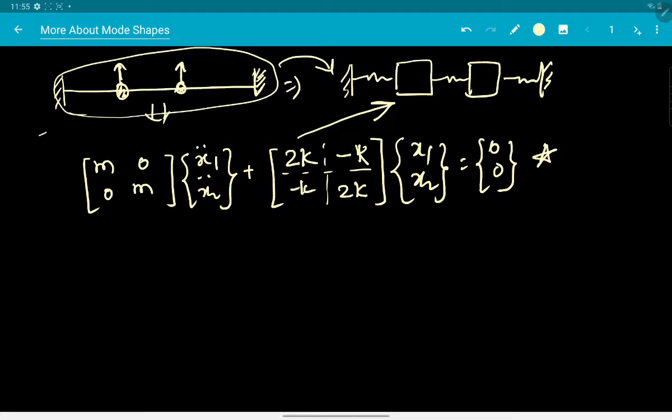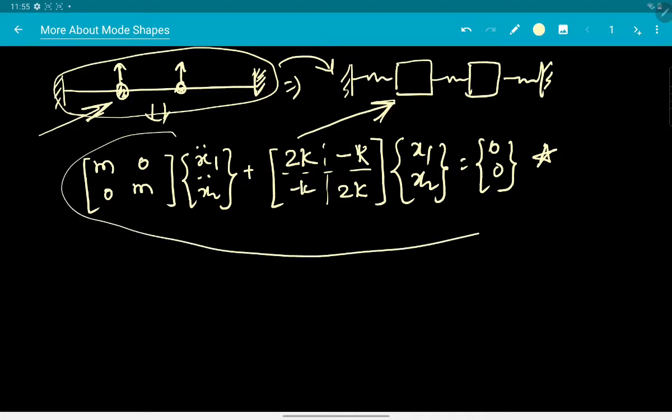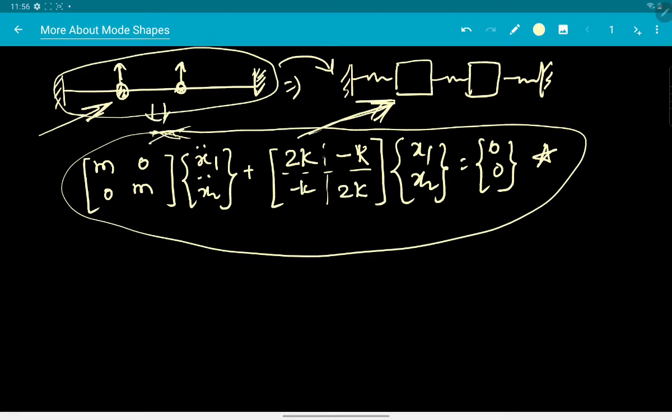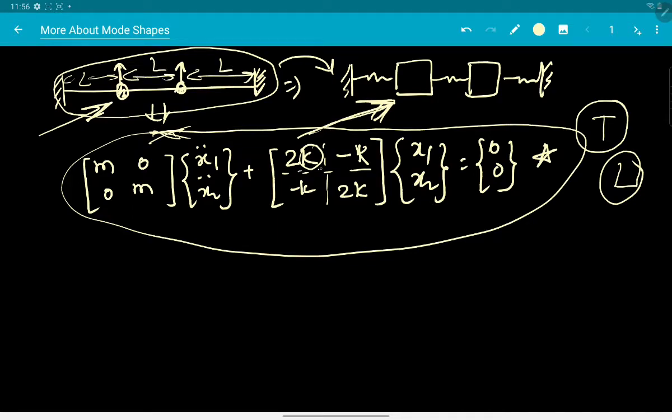The actual system that you were trying to solve was this, but the equivalent one, based on whatever differential equations you have arrived at, you can say that this is the equivalent system, and this k was actually having a contribution of T, which was the tension in that string, and it was also having length contributions. Okay, so this one L, it so happened that these all L's are equal, that's why you get to see 2k minus k minus k 2k over here. Otherwise you would have seen something else over here. So in that case this k comes out to be identical, right?